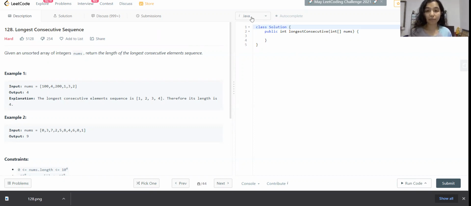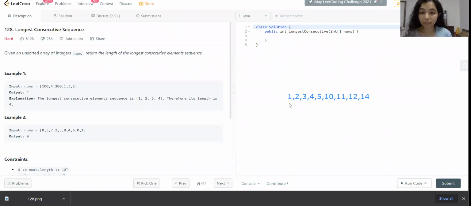What does this problem statement mean exactly? Let's try to understand by writing some text here. So if we have an array with 1, 2, 3, 4, 5, 10, 11, 12, 14.